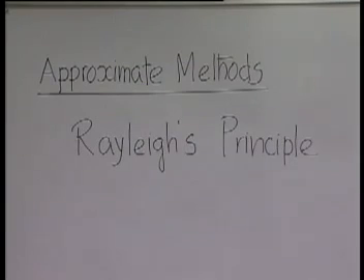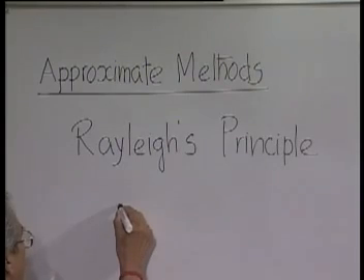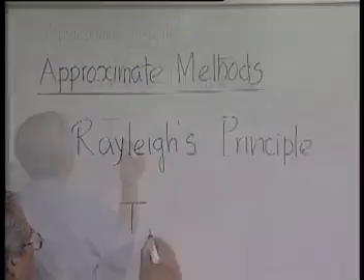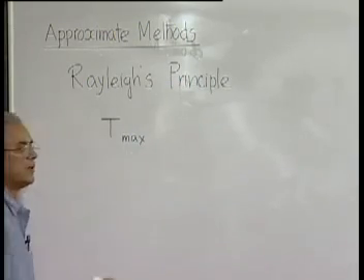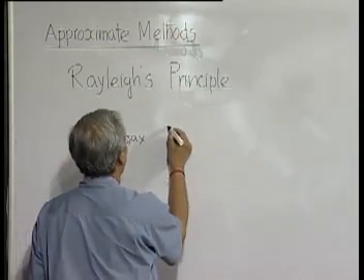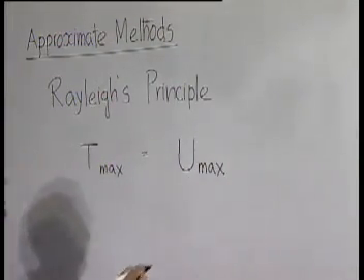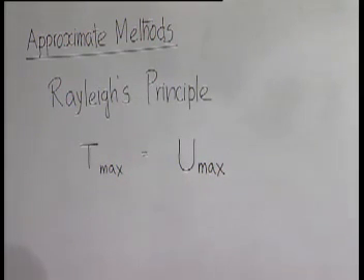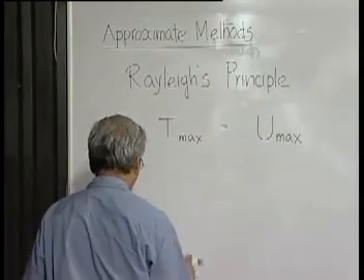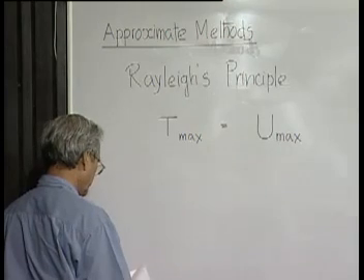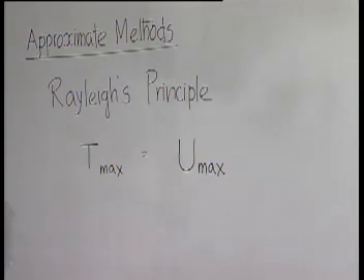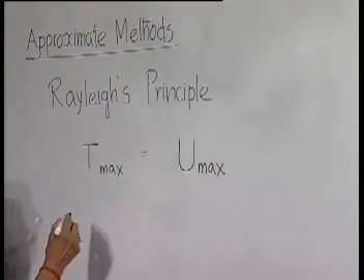that for an undamped system, in the steady state, the maximum kinetic energy during free vibration must be equal to the maximum potential energy, which in case of elastic bodies is predominantly the strain energy involved. So using this principle, what we found in case of bars, that this is equal to